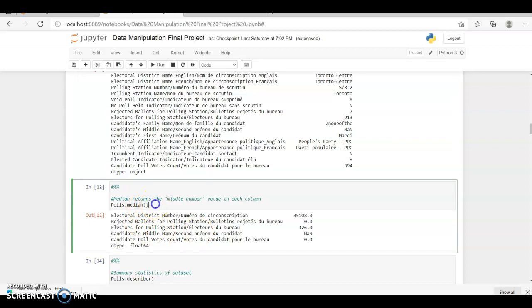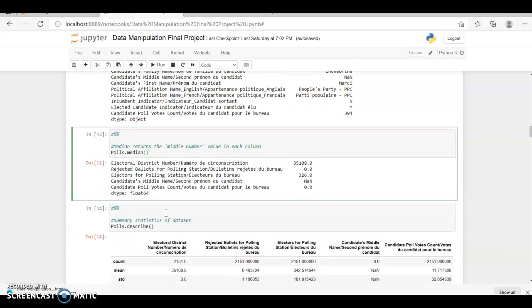The median provides the mid value of the dataset, like if it is ranging from 1 to 10, I suppose 5 is the mid value, so the median helps me find the mid value for further analysis.